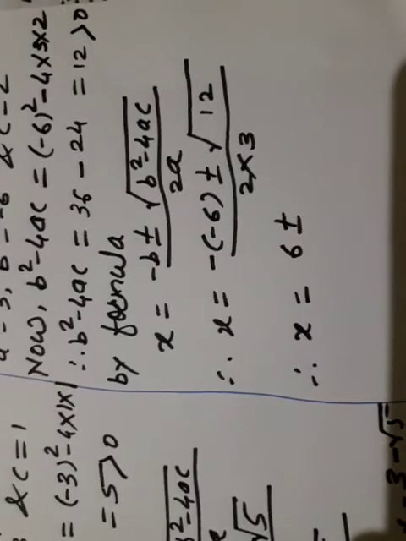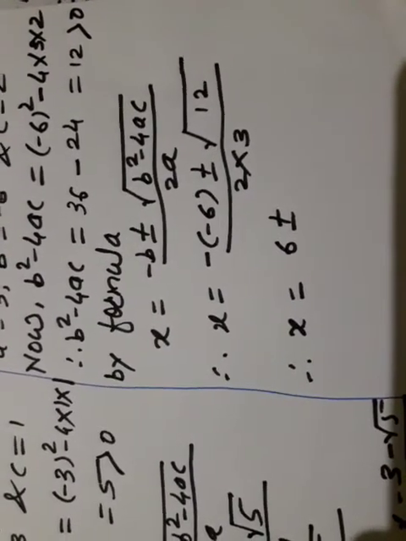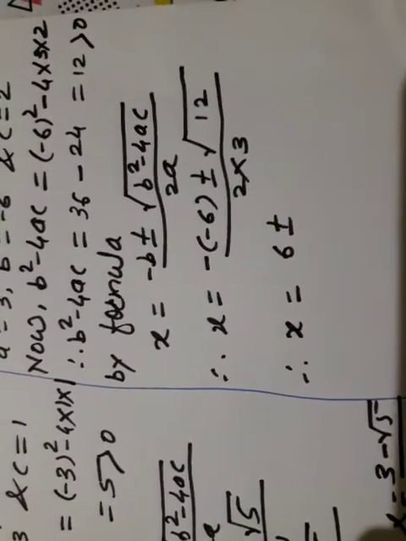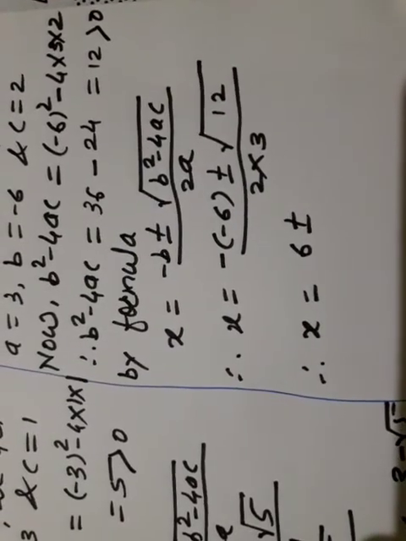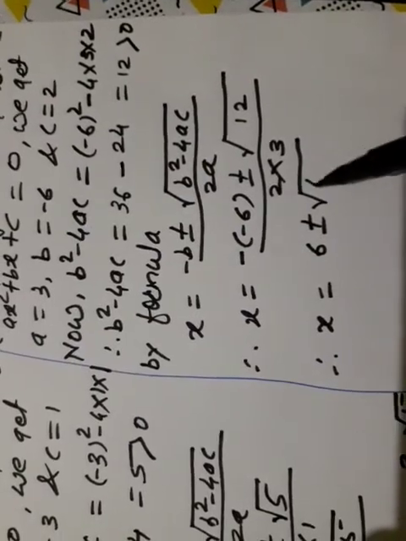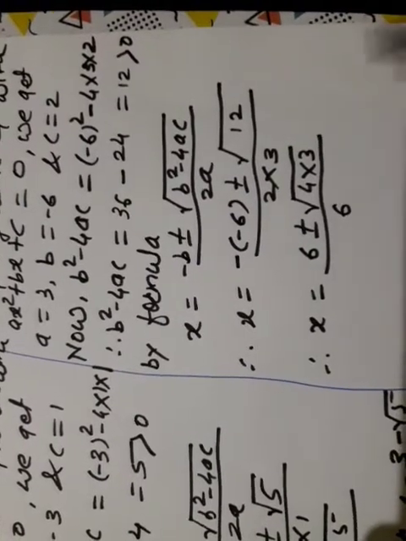Here, can we find the square root of 12? Is it possible? No, it is not possible. Then what we will do, we can split this given number, this 12, into two numbers, in that one is the perfect square. Look here, 4 into 3, here 4 is the perfect square, 2 into 3, 6.